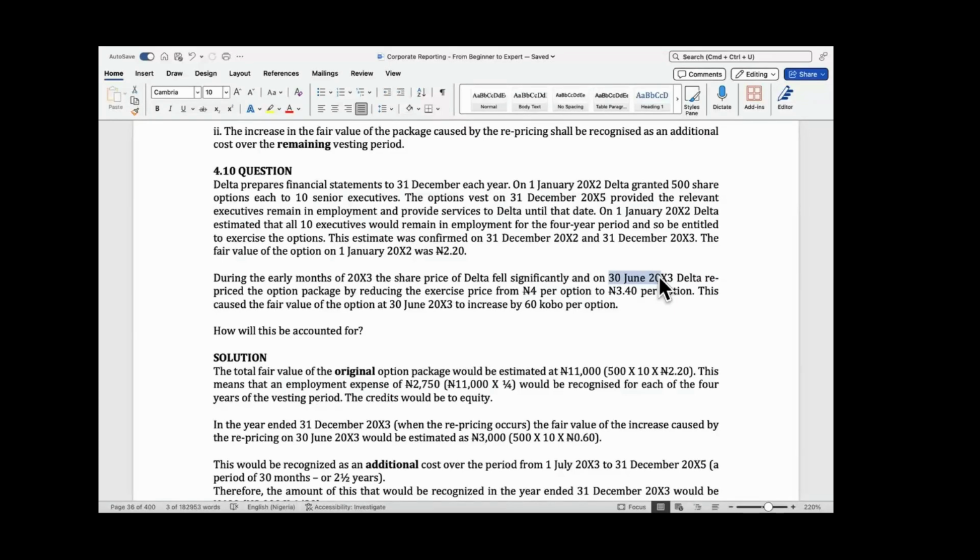By the time you count the 12 months in 2004 and the additional 12 months in 2005, that's 24 plus the 6, that's 30 months. So that means this 3,000 will be spread over 30 months. Okay. So at the end of